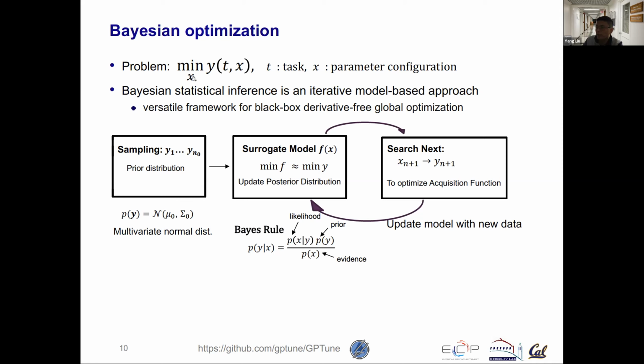We're interested in finding the x that gives the minimum of y. So the way Bayesian optimization works is we first assume that this objective function y follows some prior distribution. Normally, it's a zero-mean Gaussian process, and then we generate, say, n0 samples of xy pairs. Then, basically with Bayes' theorem, we can refine this prior distribution into a posterior